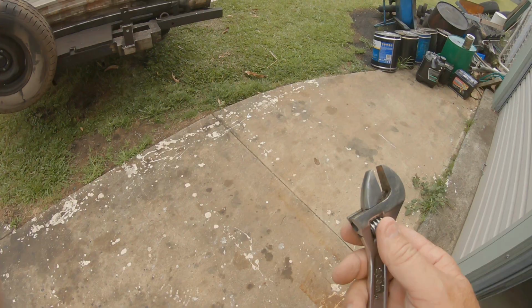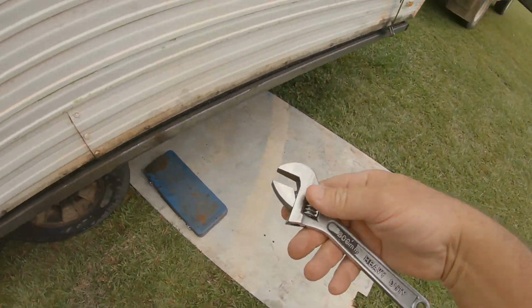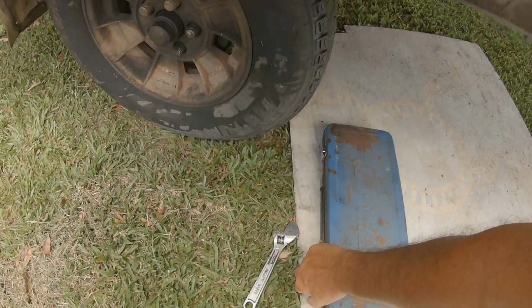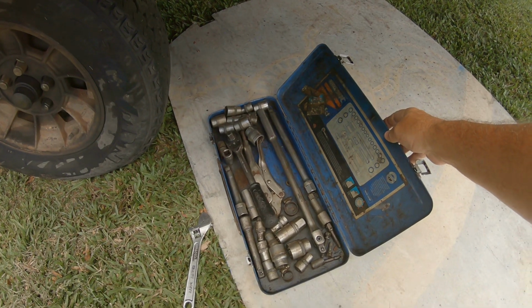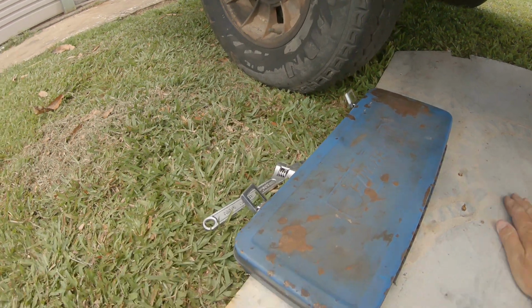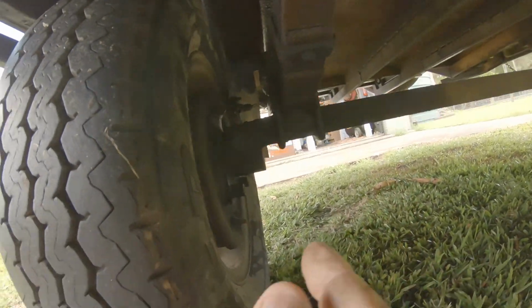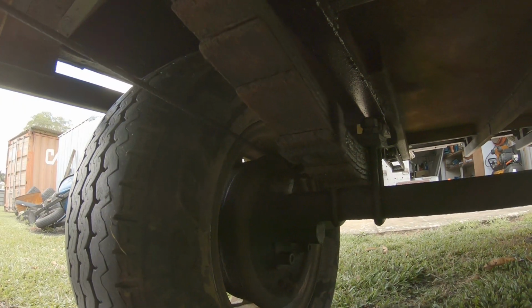Now all you'll need is a shifter, 6-inch one. No, sorry, 7-inch one, and a set of sockets. They're just old King Chrome ones I've had for years. But like I was saying before, I've got to get under here, and I've got to undo those U-bolts just there and over there. I'm just going to take them out,